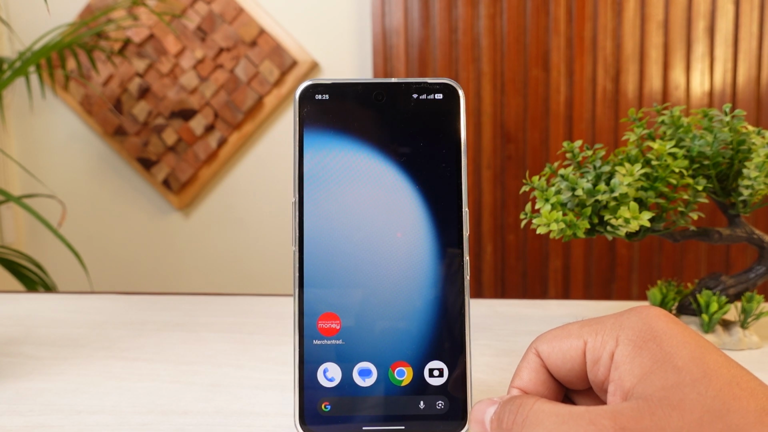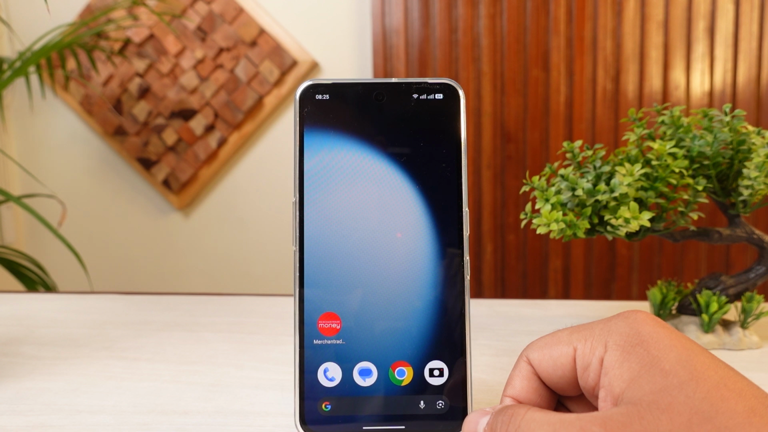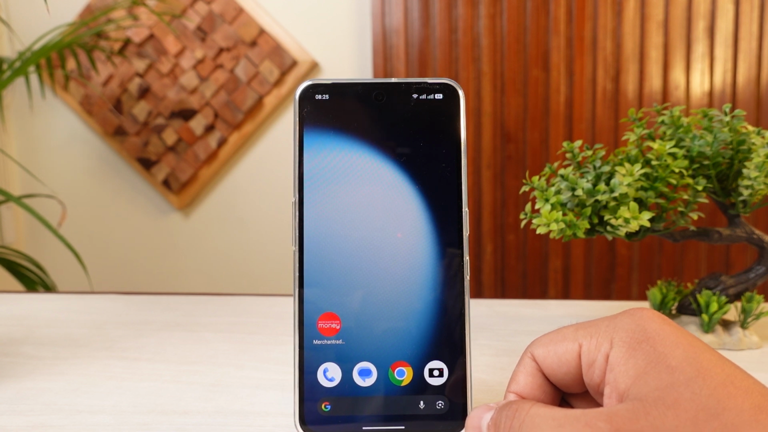In today's video, let me show you how to fix the Malaysian bank app login problem. Whether you have any sort of bank applications installed on your device, and you're having issues logging into